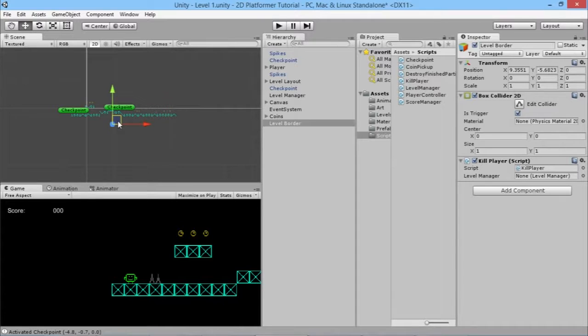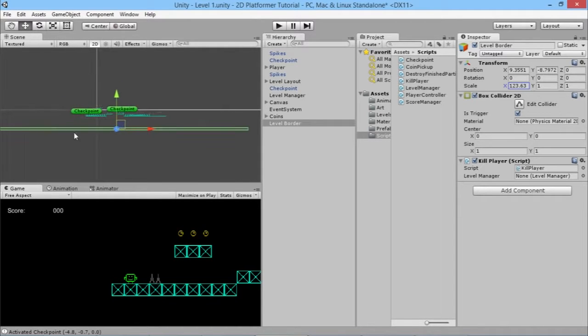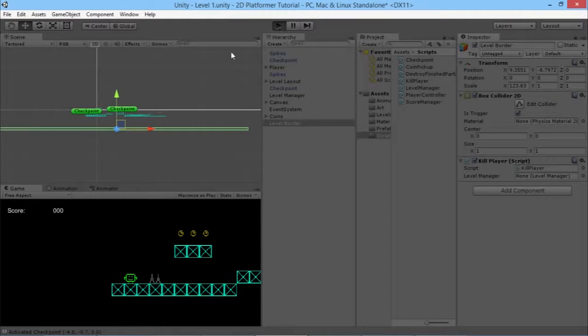So we're going to drag this down below the level. We're going to get the X scale value on the transform and just drag it out so it's really big, so it covers a whole load of area. It's a little bit bigger than that actually. So if we zoom out, see, there's no chance of the player jumping over the edge or anything like that. And if we hit play here,